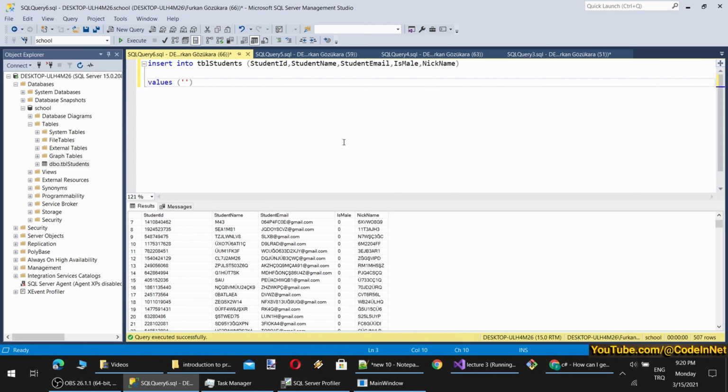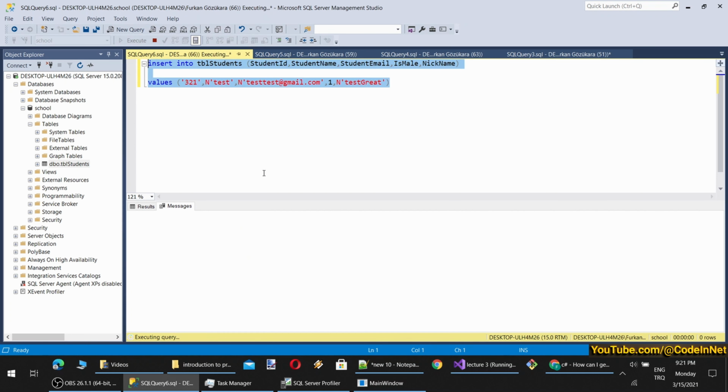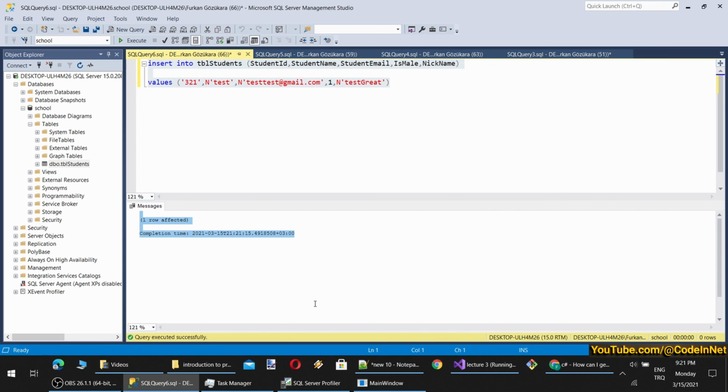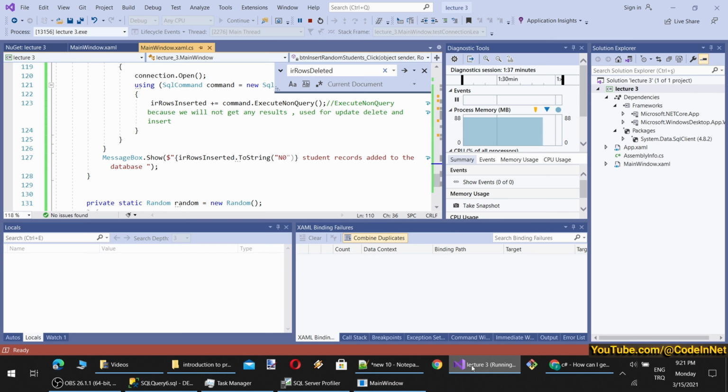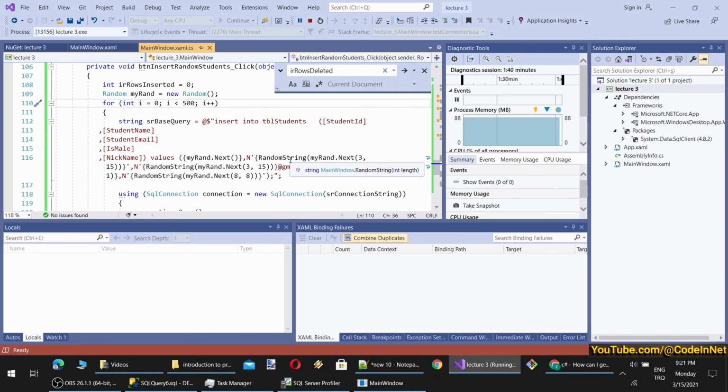You can also encapsulate an integer with a string, and then test, test gmail.com, and then ismail1 nickname, test grade, and run it. And if it is working, as you can see it is working, then apply it to your program. So this way you will be less likely to make mistakes.